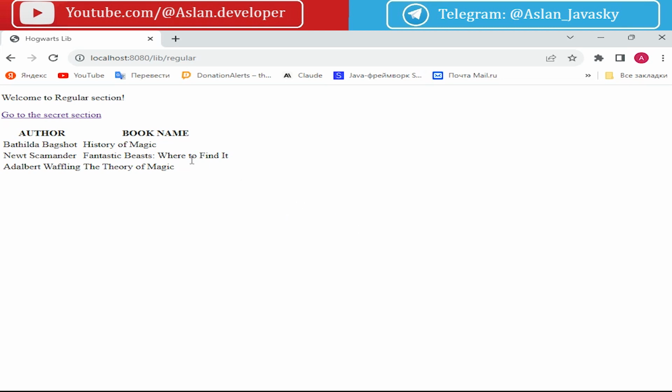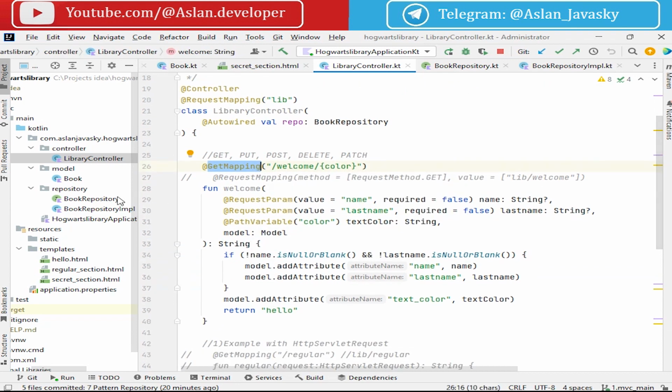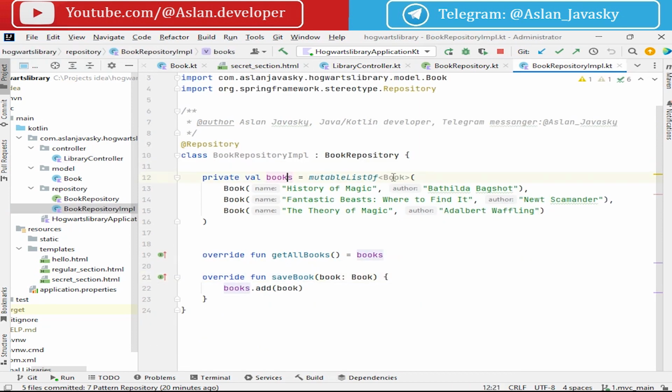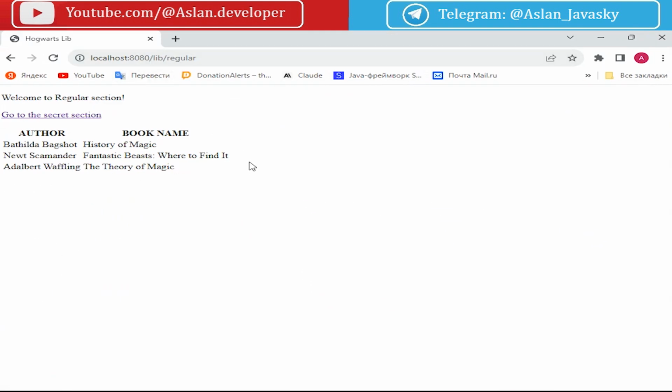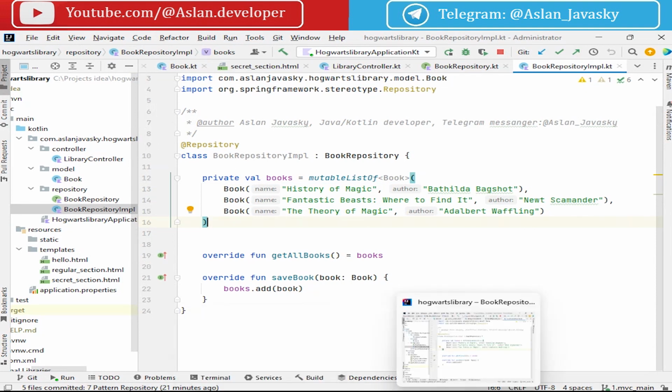So we get and display some information by using the get method, get mapping. Get mapping is for getting information from the server, from this repository info, from this list, and displaying it in our client. But up to this point, we were only getting information. But I wanted to post information to our server, create a new book, and display this new book